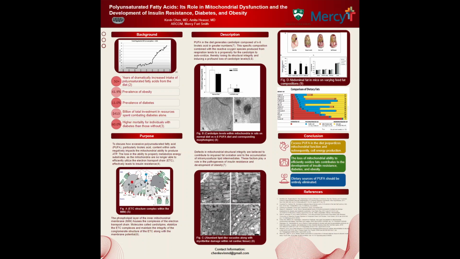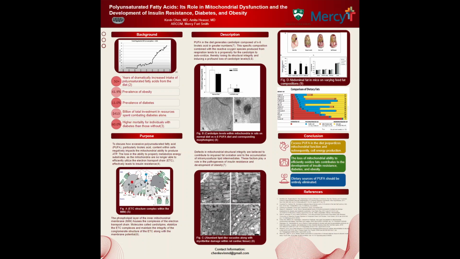by nearly half. We see this demonstrated by the work of Ghosh et al., where their goal originally was to prove that PUFA reduces rates of apoptosis, which they were successful, but that was because rather than apoptosis, cells underwent necrosis instead. As in Figure B, you can see that the rats in this study receiving a PUFA diet have a significantly lower cardiolipin level than of those receiving a standard rat chow. Diagram A shows a healthy mitochondria with its intact cristae, where diagram B shows a pathologic mitochondria that has collapsed.